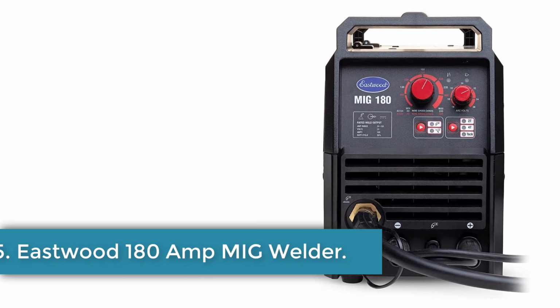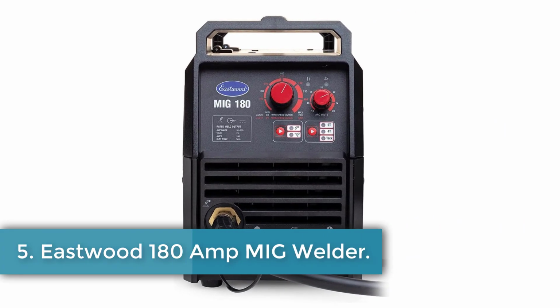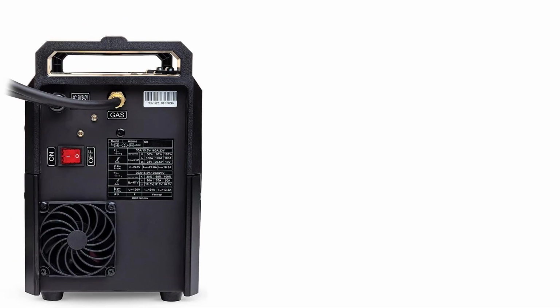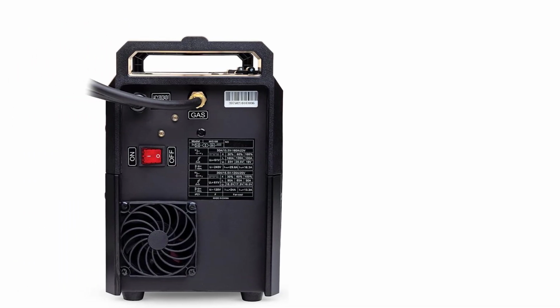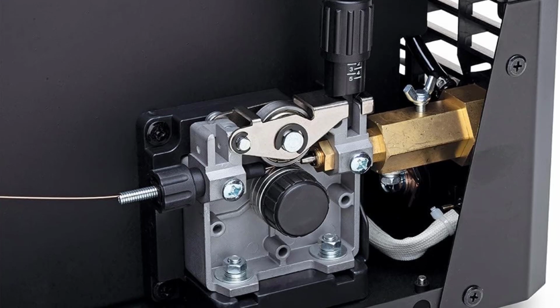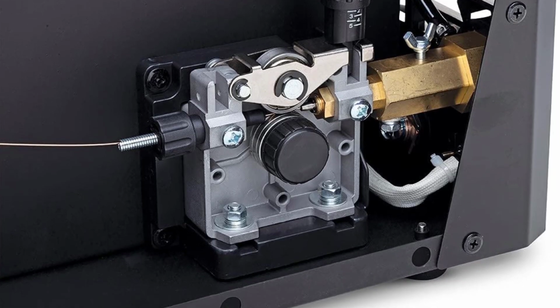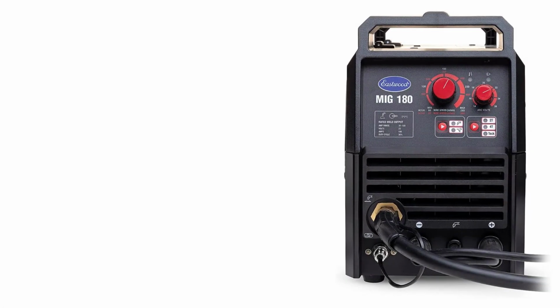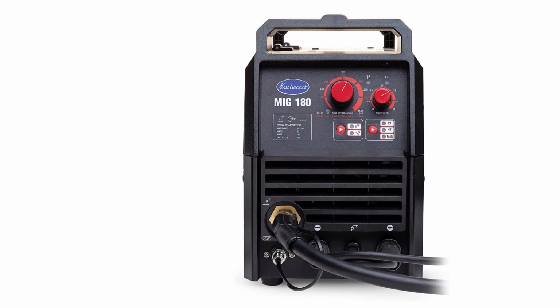Number 5. Eastwood 180 Amp MIG Welder. The Eastwood MIG 180 is a standout choice for anyone in need of a reliable and versatile welding machine. Priced just under $500, this model offers features that are typically found in more expensive units. One of its key advantages is the dual voltage support, allowing you to switch between 120 and 240 volts depending